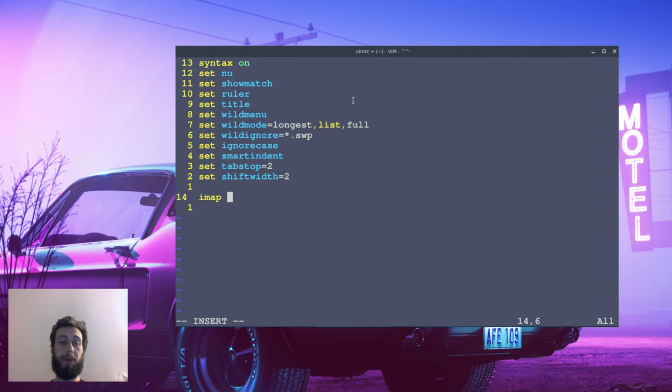So I map, and I usually do JJ because most of the files I edit are either in Czech language or English, and there are no words that have consecutive J's, like double J's in them, or any way of typing JJ in normal language, Czech or English. That's why I map JJ to doing escape and